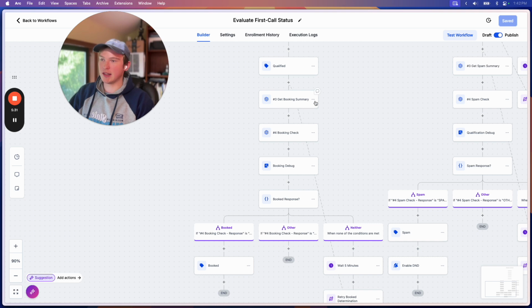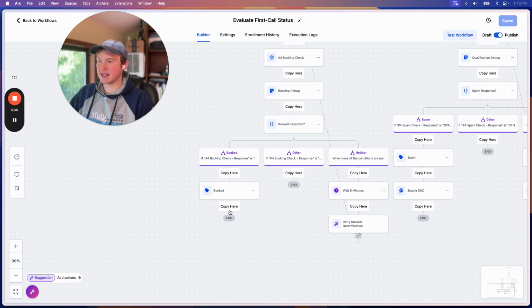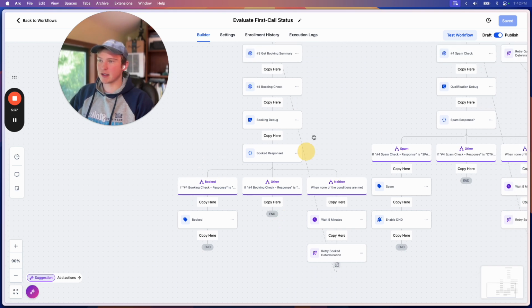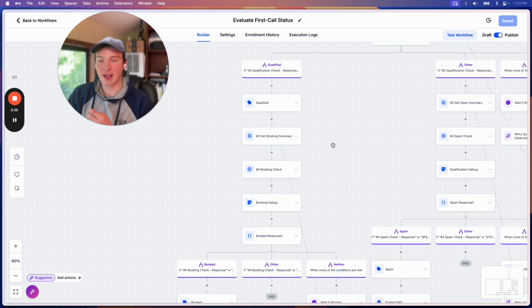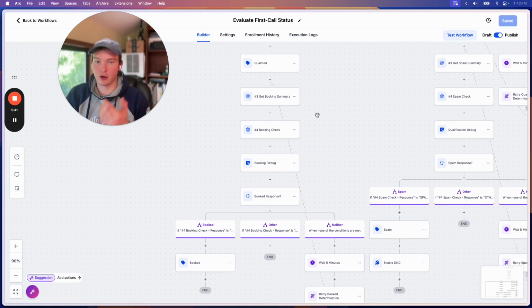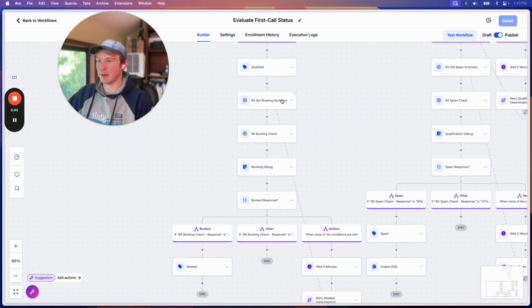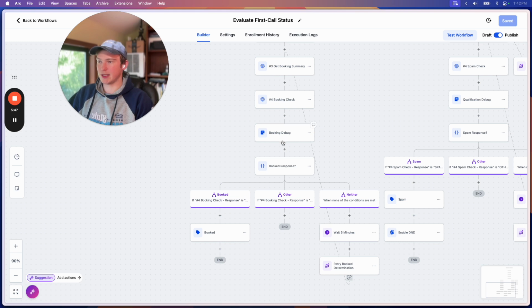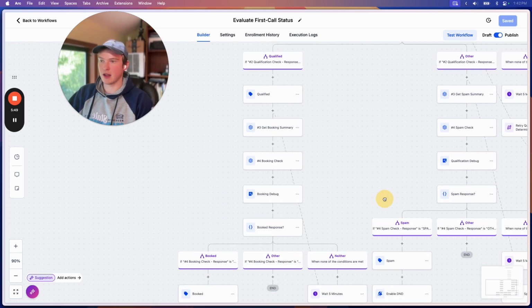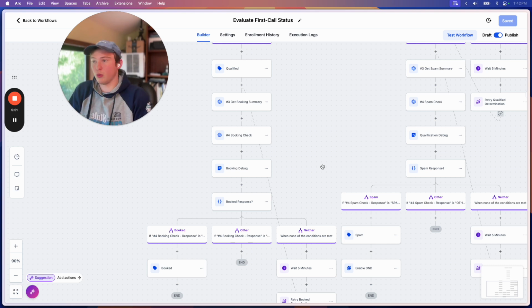And you can also chain this. If I do copy all actions from here, I can just paste that right here, and that will give me a separate workflow step that I can use to further evaluate that lead. So you can basically just compose these steps. All we have is this ChatGPT step, this debugging step, and then an if. So you can compose this into whatever you need.